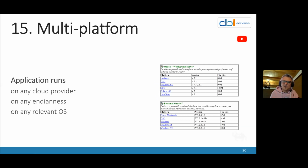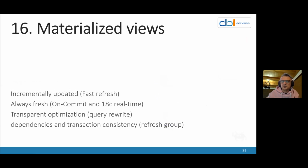It's still the case today, even if you have some features that are available only on Oracle platforms, the PL/SQL can run on any supported platform from Oracle. Materialized view, again, if you see another database which supports materialized view, do not stop just there thinking that you will be able to do the same thing. Materialized view in Oracle has a long history and new features every new version with transparent optimization, like query rewrite. You just query the base table, and the optimizer goes to the materialized view if it helps,